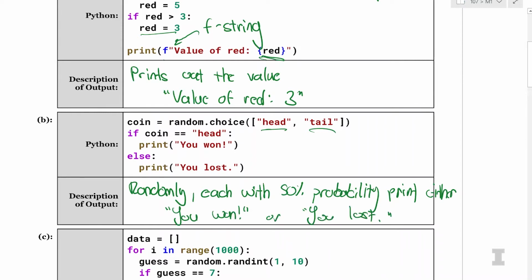What's interesting is even though we know as a programmer that this is determined by a heads or tails coin flip, from the output of this program we actually have no idea that it's a coin flip, because all we're going to see is either you won or you lost. So the output of the program is different than what the program is actually doing. That's something we're going to start seeing as we become stronger and stronger data scientists: often we're focused on what the results are, and the internals get abstracted away. This is where you become the expert. You know how it actually works, even though the result may only show the high-level information.